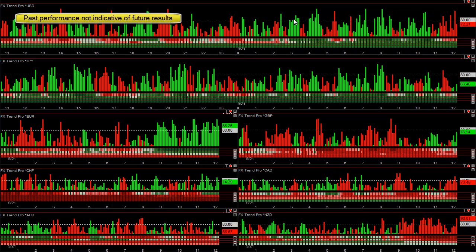Underneath the real-time statistical combination of direction and intensity, we have the intermediate time frame trend. Underneath that we have the daily trend. Underneath that we have the weekly, and underneath that we have the monthly. Whenever you have a currency that's pretty much green on all time frames, like at 230 right here, the dollar, it's very likely that that currency is going to have some strength in the future